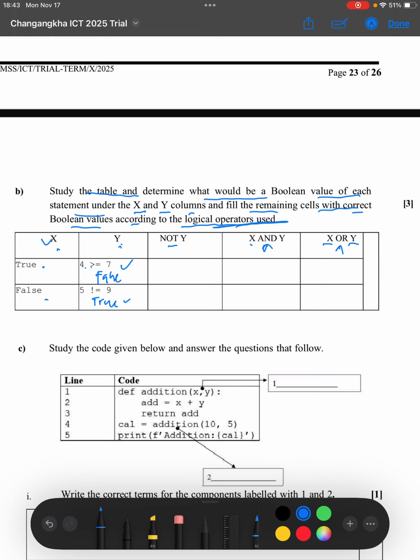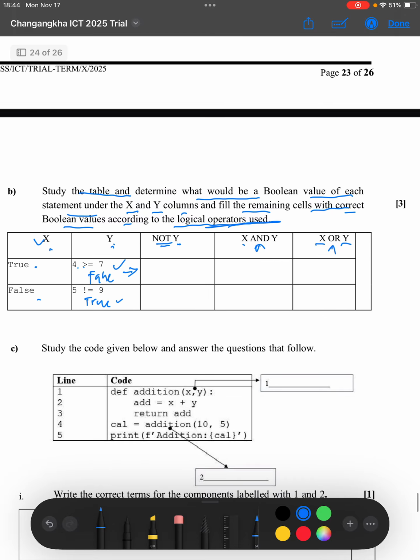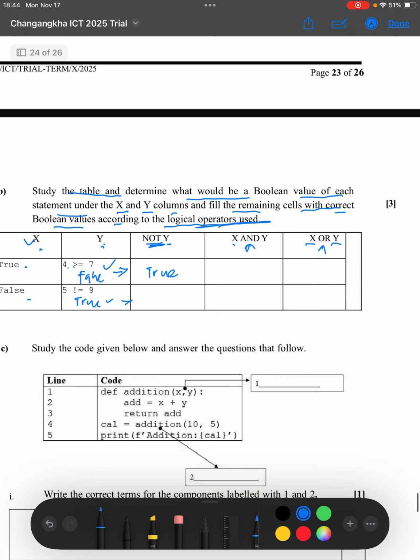So here, not Y simply means the opposite of Y. In the first row, Y is false, so the value is going to be true, because it says not Y. In this column, Y is true, so not of true is going to be false. Now X and Y,